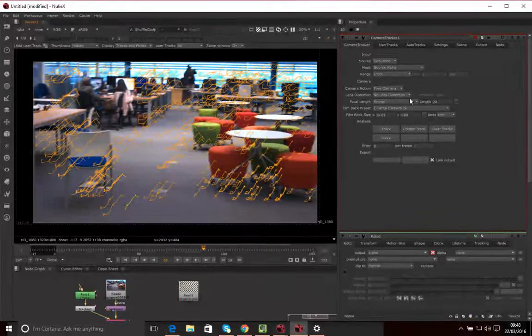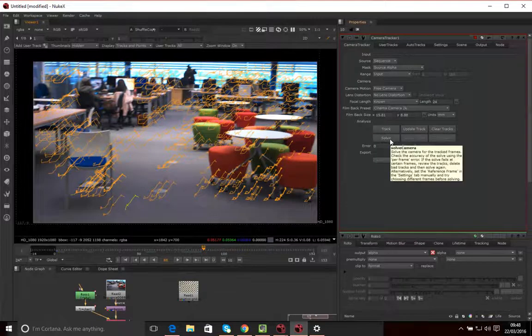Now what we want to do is take those 2D track points and the information that we know about this lens that we've put into this system, and use that to work out the movement of the camera itself. We do that by clicking solve. So this is the solve process now. If I click on that,